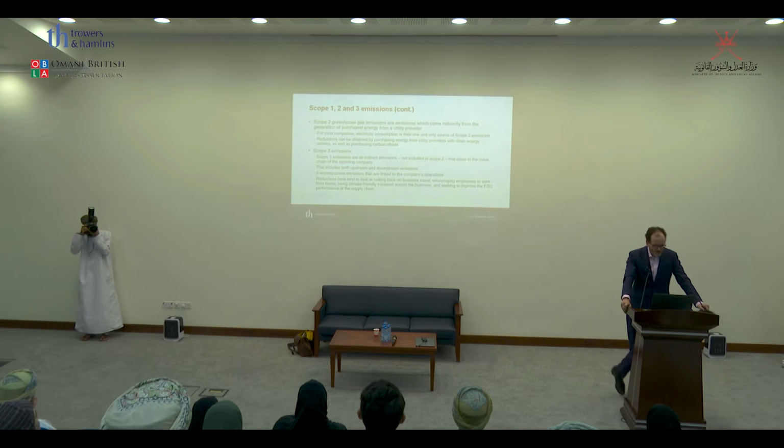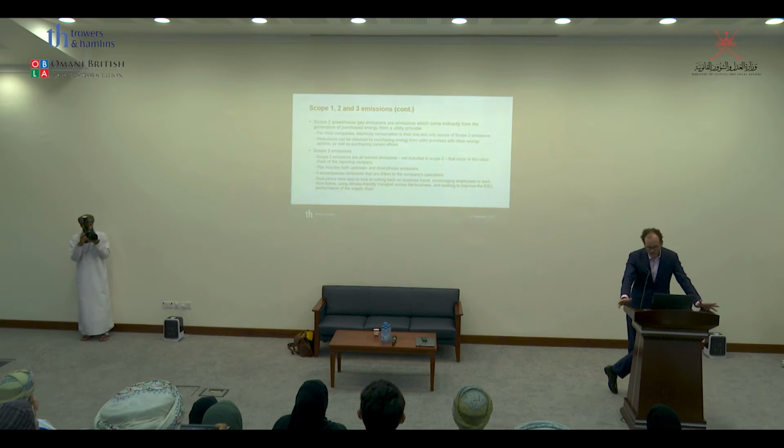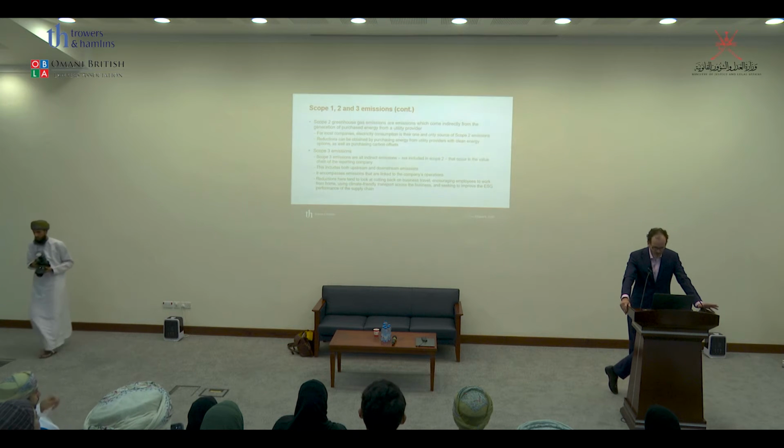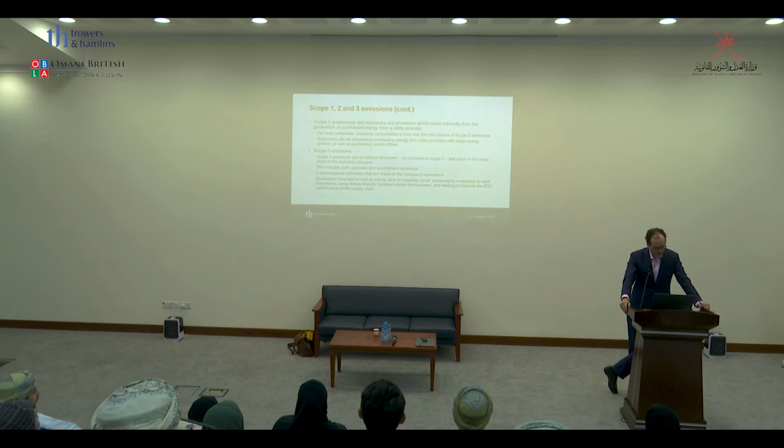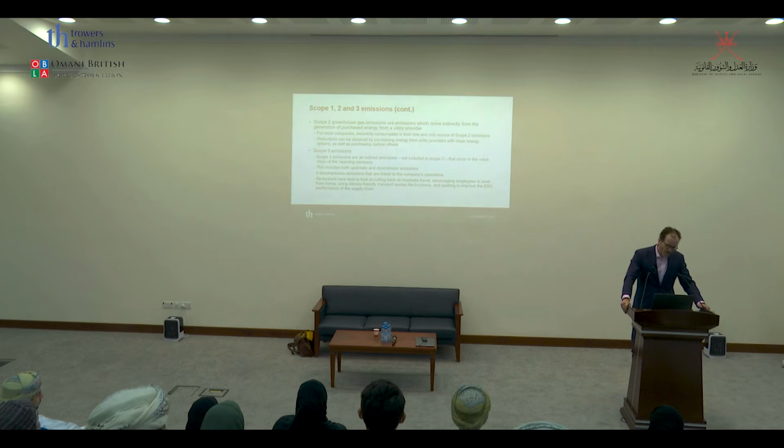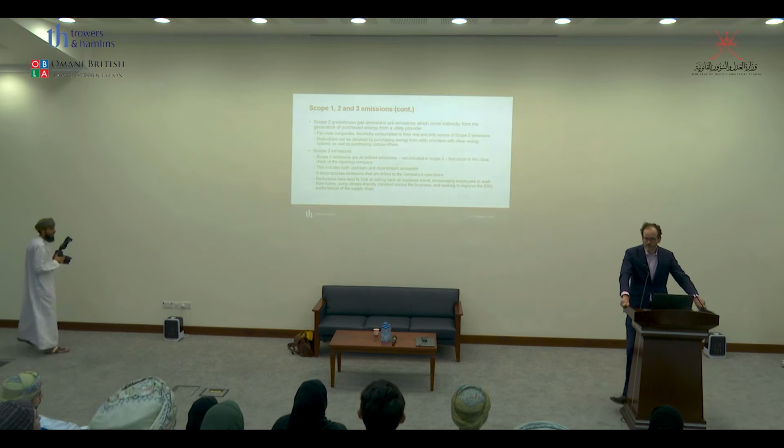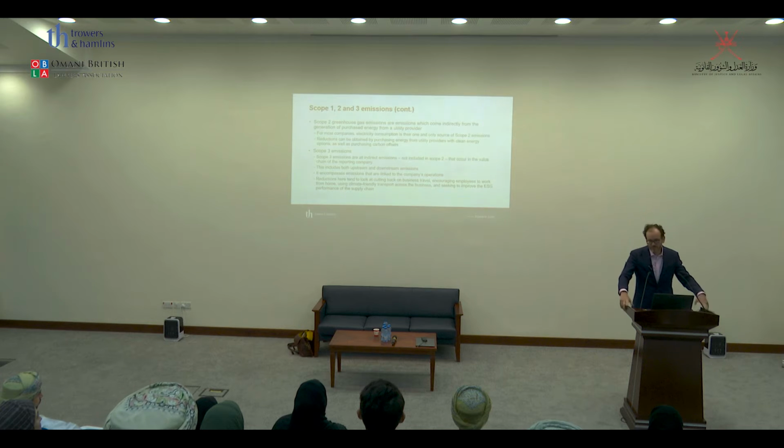Scope 2, this is emissions which come indirectly from the generation of purchased energy. So this is your electricity bill effectively. For most companies, electricity consumption is their one and only source. Reductions, well, you can move to clean energy providers. So for example, in the UK, you can buy a tariff which is specifically renewable only. Someone like Oman, which doesn't have a liberalised market yet, you've probably limited things you can do here, but you could perhaps look at a captive generation solution, rooftop solar or something,